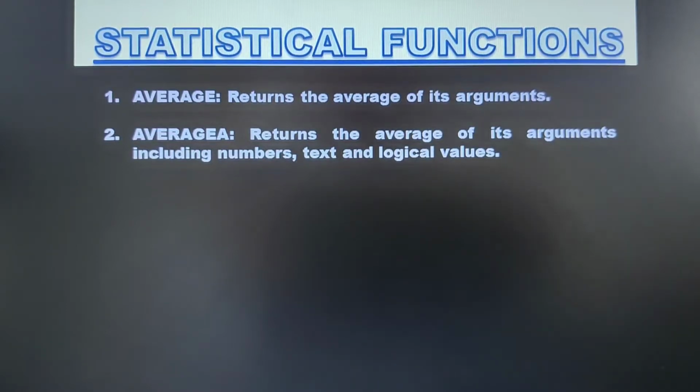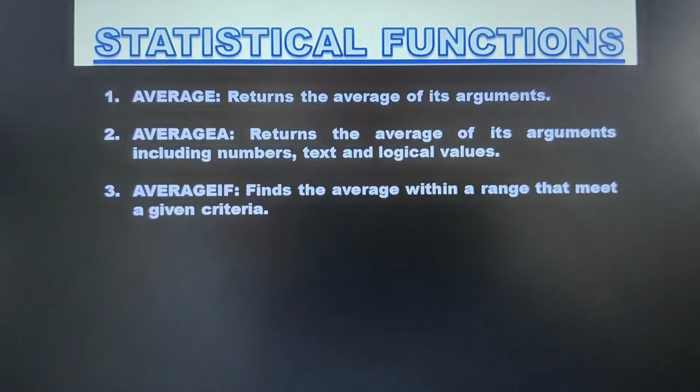If you write the text TRUE itself, it will by default take the value as 1. If you write FALSE, it will take the value by default as 0. So TRUE indicates 1 and FALSE indicates 0.